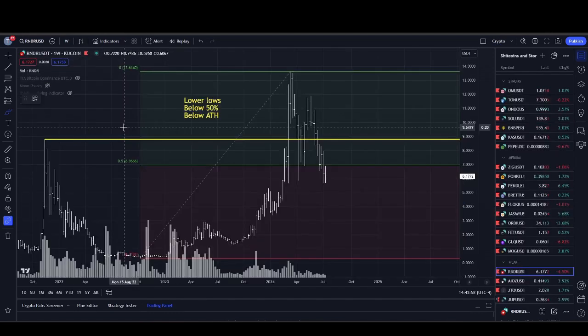Let's take a look at Render, a popular coin that maybe you really like. And sadly, in terms of technical analysis, it is now in a weak position. Not the weakest coin out there, but I'm going to show you what I mean so you understand the process of how I filter coins from strong, medium, and weak. This one was a coin in my medium category that I just moved down to the weak one